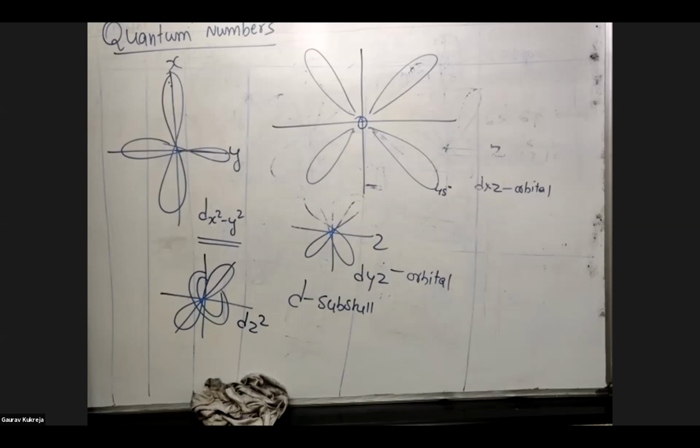See, they are different when I say electrons are diagonal or on the axis. So guys, understand what is plane and what is axis. When I say axis, that means on the x-axis and y-axis. So dx square minus y square, they're on the axis actually. But when I say dxy, they're not on the axis. They're on the xy plane. That means 45 degrees, right? Yeah, 45 degrees. So these both are different, beta.